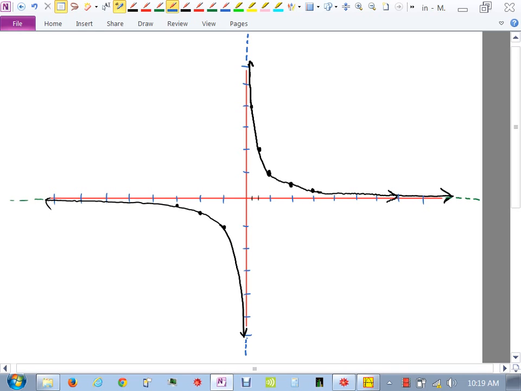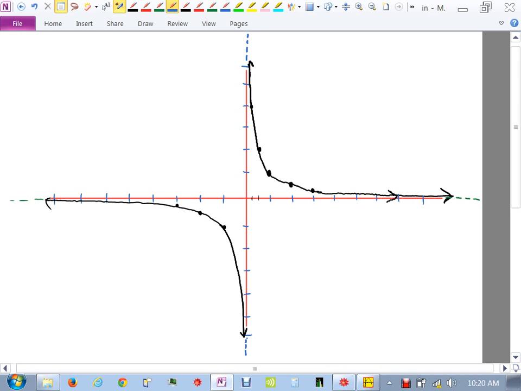Do we have on this graph any x-intercepts? Does our graph ever touch the x-axis? No, it does not. Does it touch the y-axis? No. That does not mean you'll never have x-intercepts, right? Because you will sometimes have x-intercepts, and sometimes it will cross the y-axis. Every problem is unique. What I want you to gather from this first example are some behaviors of rational functions